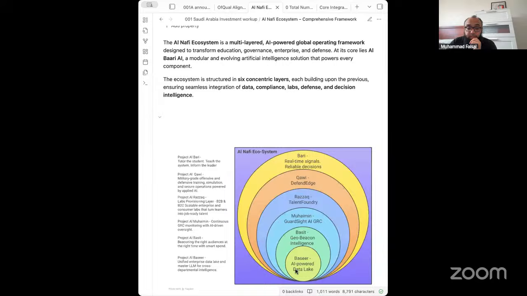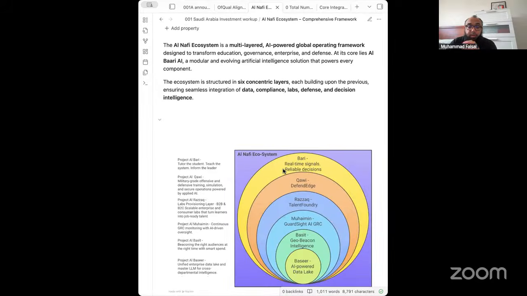This is Al Basir, the AI-powered data lake, where all the data is coming in: data from the EU, from North American countries, from GCC countries, from Pakistan, from South Asian countries, from 160 countries plus. Then there's Beacon Intelligence.